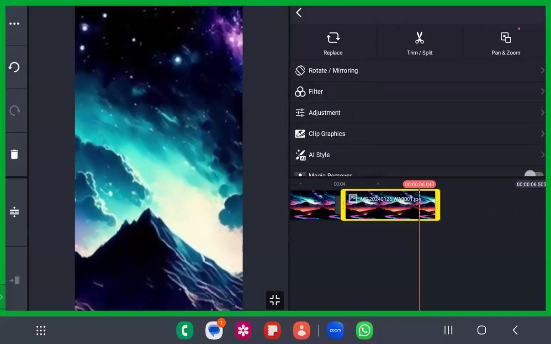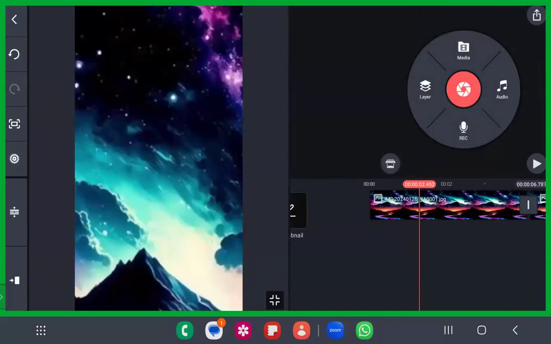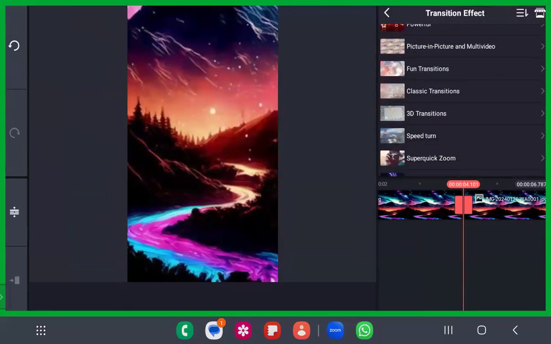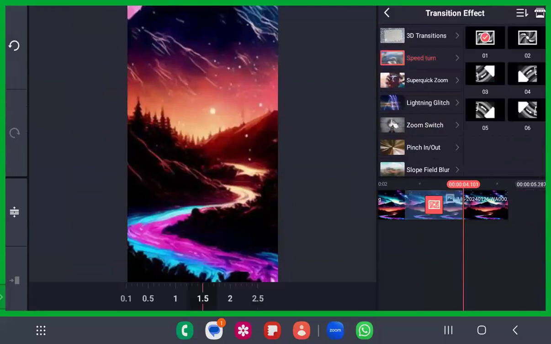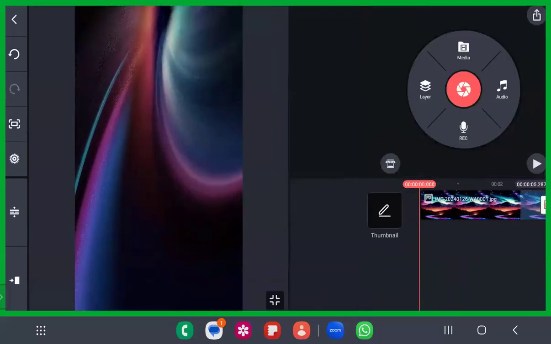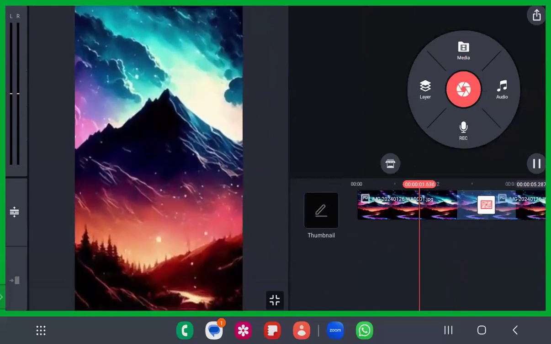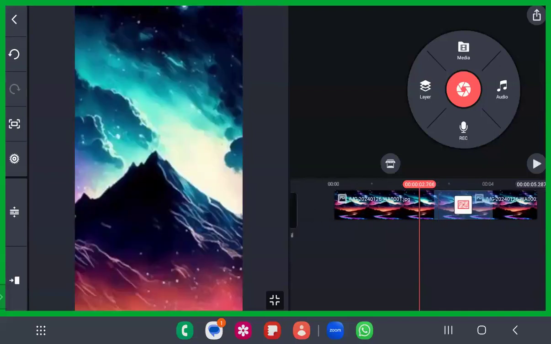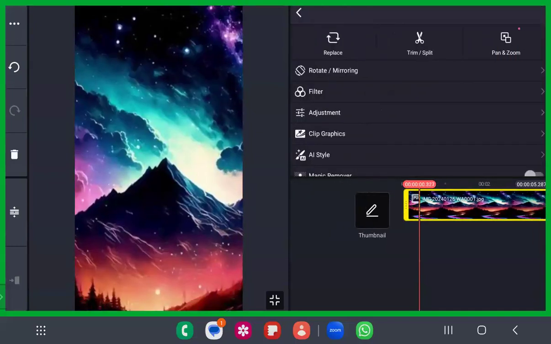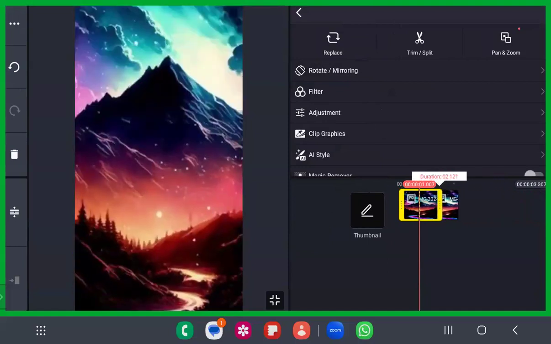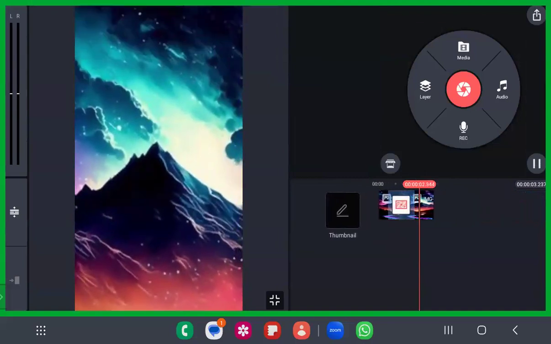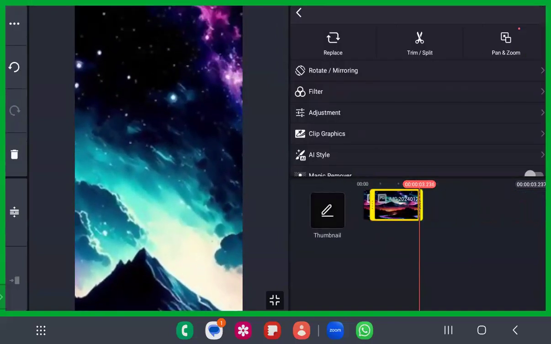The next thing: in between these videos we can add wonderful transitions. For example, if content creators have a single image, what they actually do is create hundreds of transitions with that single image. They put it for small durations, move it around n number of times, add n number of transitions, and give their own effects.